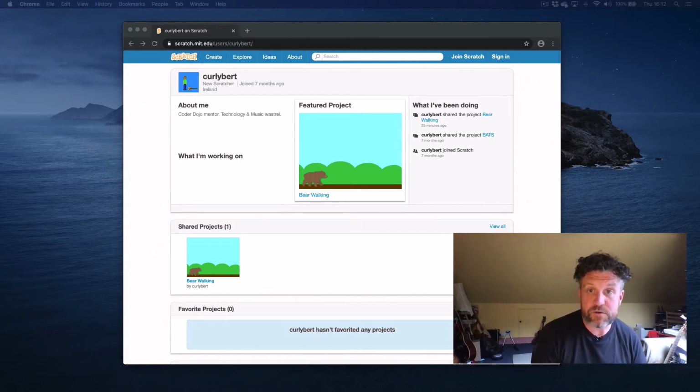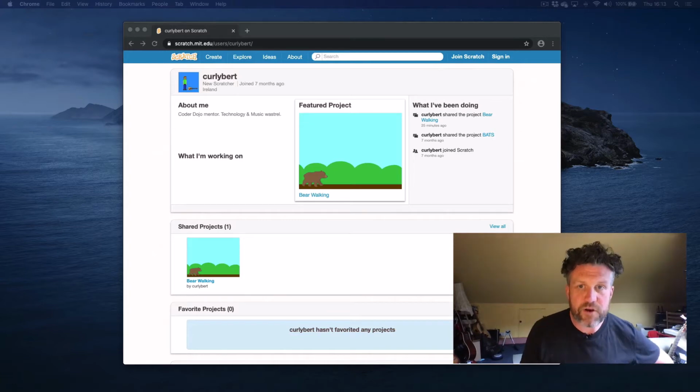I'm also assuming that you've used Scratch before, whether it's the version that you download onto your computer or the online version in a browser. If that sounds like complete gobbledygook to you, it means you haven't done it. So I would say go back and look at the introduction to Scratch video and then come back and complete this set of exercises. And I forgot to mention in the last video that all of the code that I'm